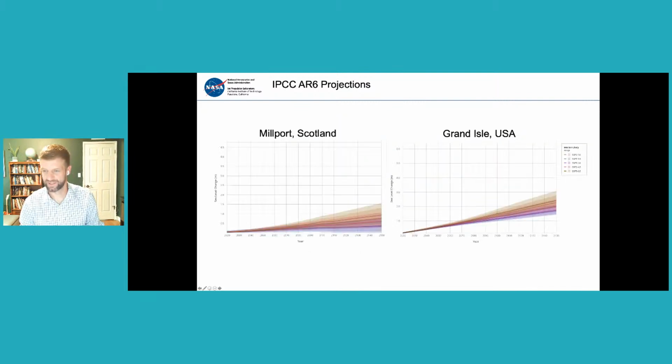But just as a last slide, a comparison here. On the left, I'm showing Millport. On the right, I'm showing Grand Isle, USA, which is basically one of the closest tide gauges to New Orleans, a place very heavily affected by sea level rise. You get the sense immediately how much these projections vary, and that really is connected to the processes I talked about. In 2100 in Millport, you're looking at about half a meter of sea level rise. In 2100 in Grand Isle in Louisiana, you're looking at almost a meter more than that across these different scenarios. So it is very location specific, and the delivery of these projections and that regional focus becomes really key.